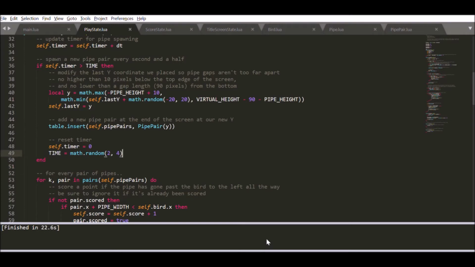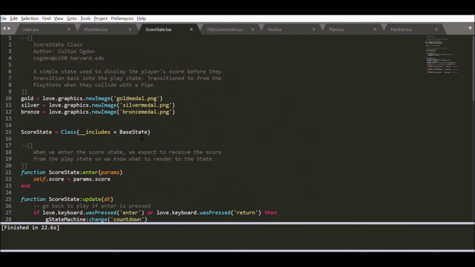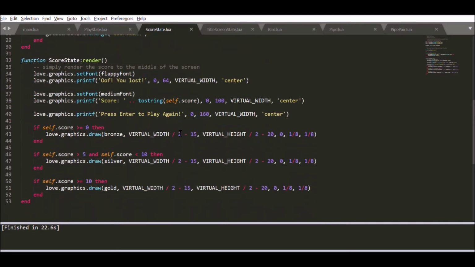The third thing we had to do is when the player enters the score state, we would have to award them a medal via an image. So I've taken 3 medals that represent bronze, silver, and gold. If we go to our score state, I've loaded these images via the love.graphics.newImage function, and then in our render function, we just create 3 if statements such that if your score is greater than or equal to 0,